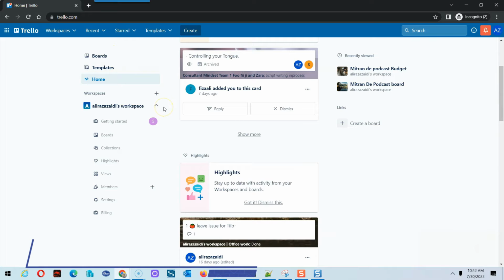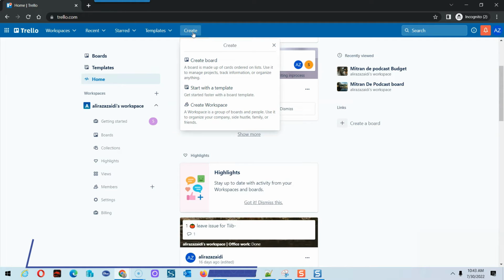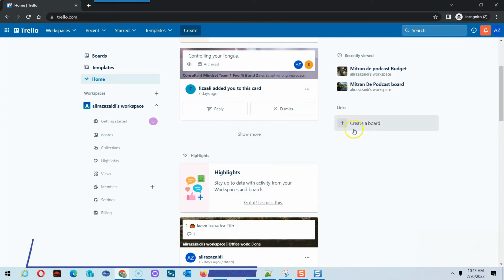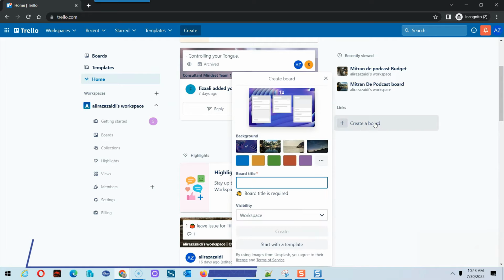And if you want to create a new board, there are two options here. Either click here. As I already told you, I have a premium version, so here we have extra features like create workspace. You can create a board directly, you can start with a template, or you can go for creating a dashboard with create dashboard. Okay, I click on board, and here I'm going to enter